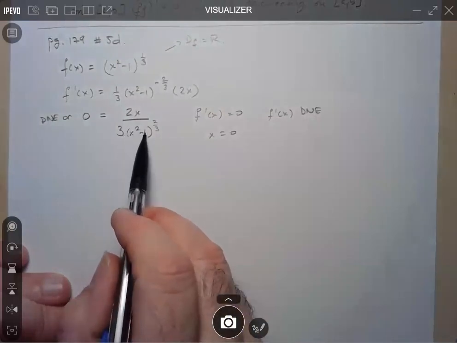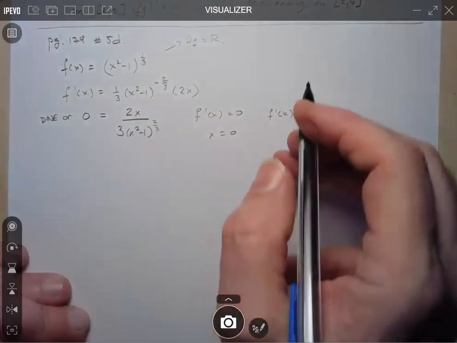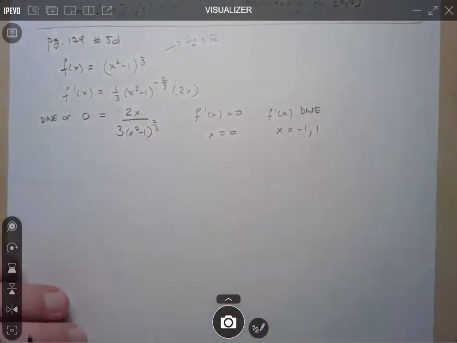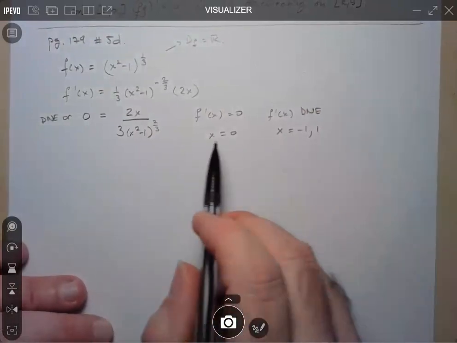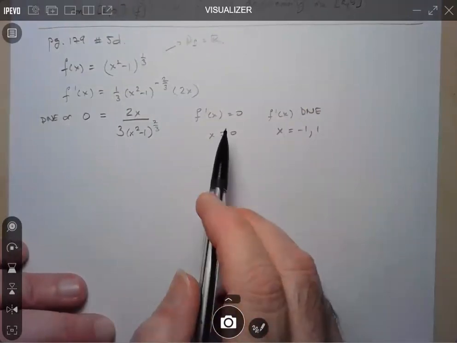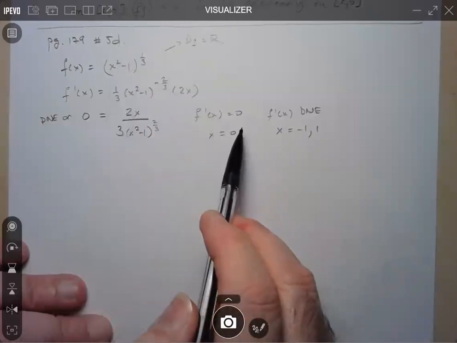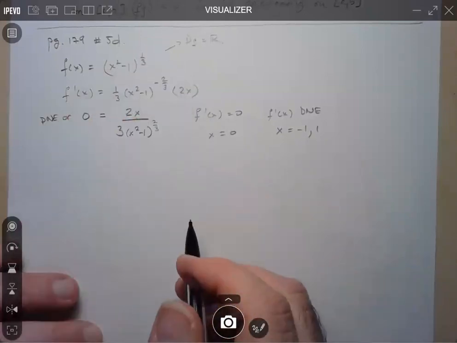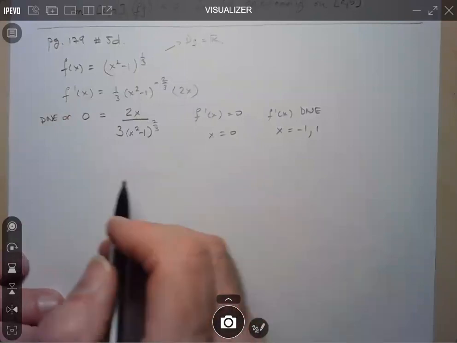I'm not going to bother factoring this because it's pretty straightforward. So here x is -1 or 1. Okay, so that means these are my critical numbers. Okay, and since the y values all exist, these are all going to be critical points. Okay, they're all possible